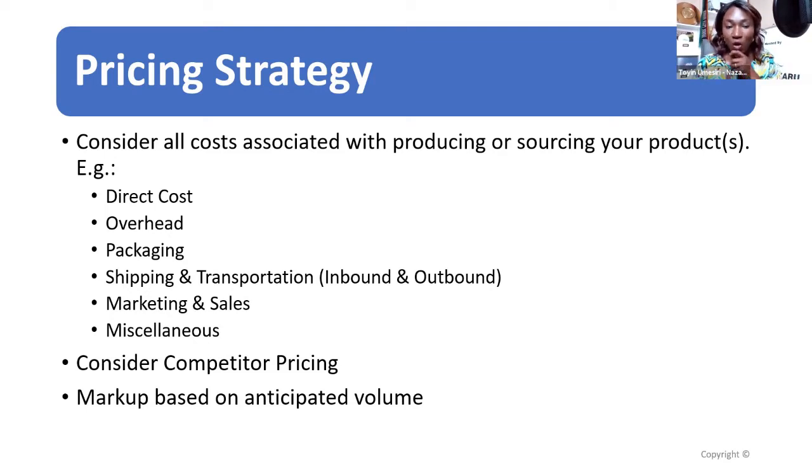Also consider markup-based volume. So if you're going to be working with a distributor, there's something you have to do. You have to plan your price. You have to lower your price so that your distributor can make money. A lot of times people don't factor that in, that the buyer coming to you, that buyer is going to resell it. If that buyer is going to resell it, you need to make sure that you bake it in and you give them a reason to buy volume from you, so that they will also make money. So that that markup is split. So as the manufacturer, you're not the only one making money.